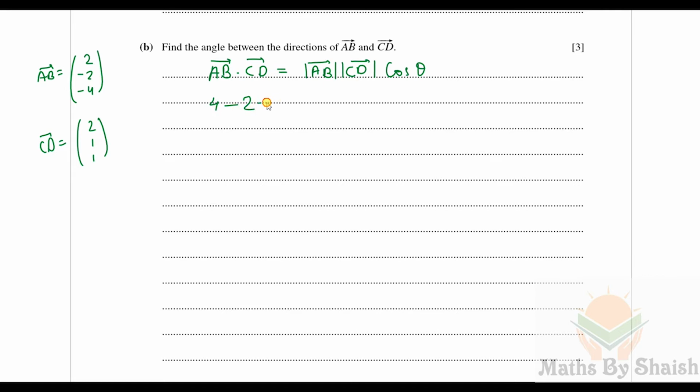This is equal to the modulus of AB, which is 2 root 6, times the modulus of CD, which is root 6, times cos theta. So it becomes minus 2. You can see these two will be cancelled. So from here cos theta is going to be minus 2 over 2 times 6,